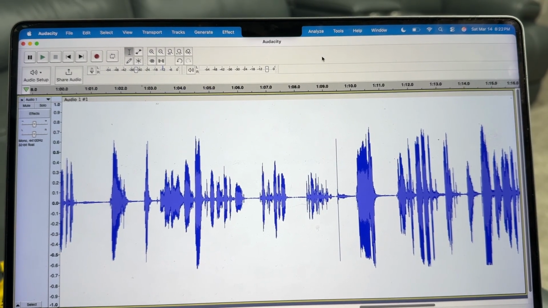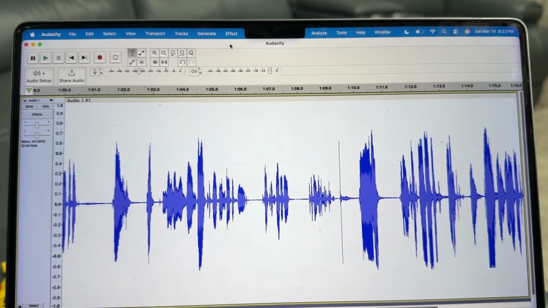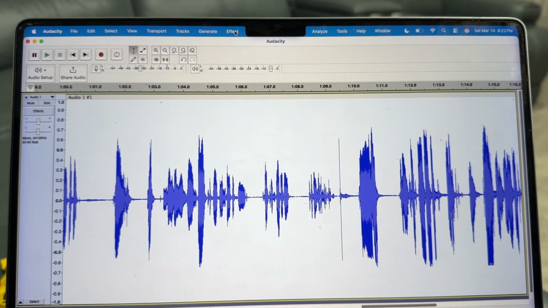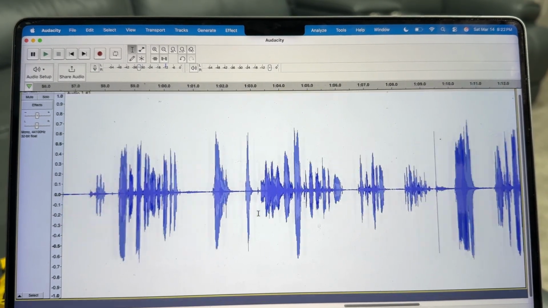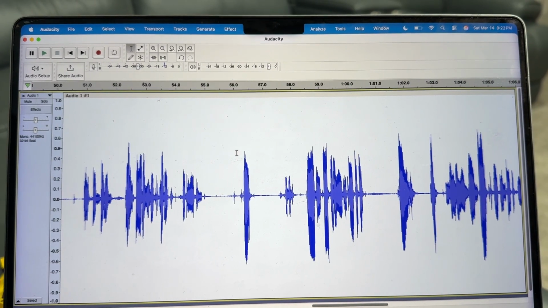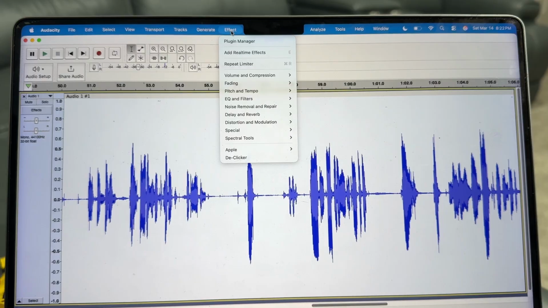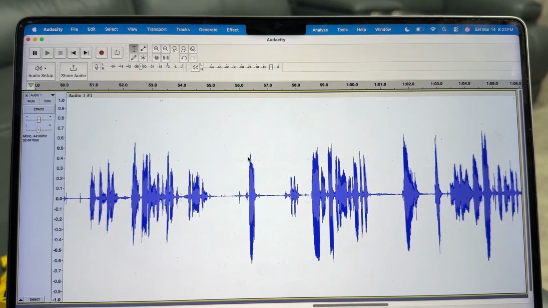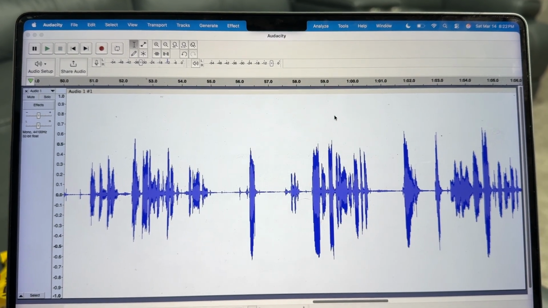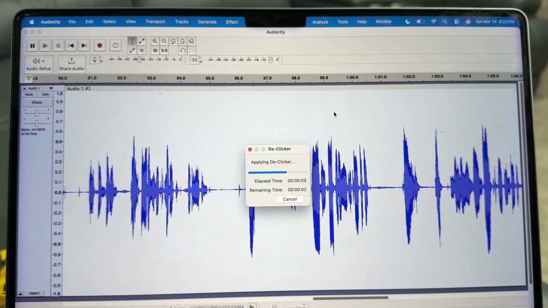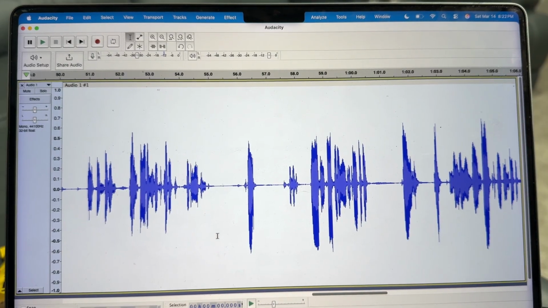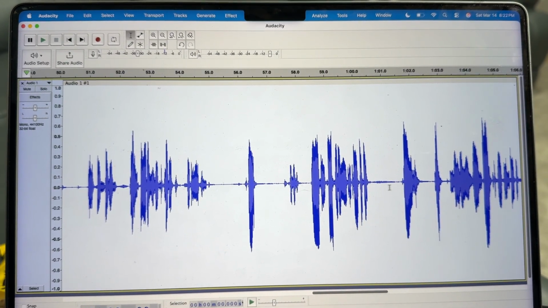So those three filters in that order. If you do it in a different order and check it, something fails. So those are the three filters, and then you can kind of see, I don't have any examples here. Was I breathing? These are tongue clicks, like mouth clicks. The last one I run, after I've run that filter, I do the declicker. There's others you can download, but this has been the highest quality declicker that I have found. It'll run. The longer your chapter, the longer this will take, but you can see those clicks kind of disappear.